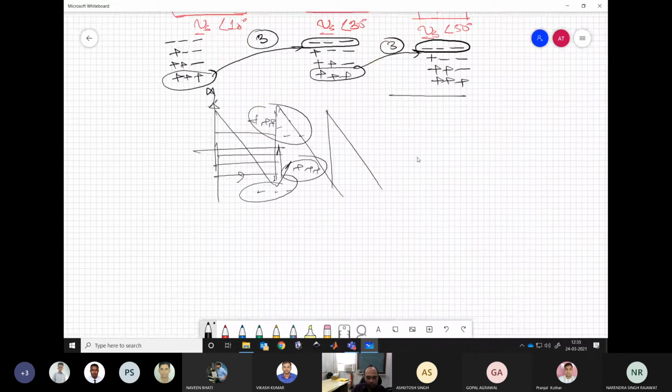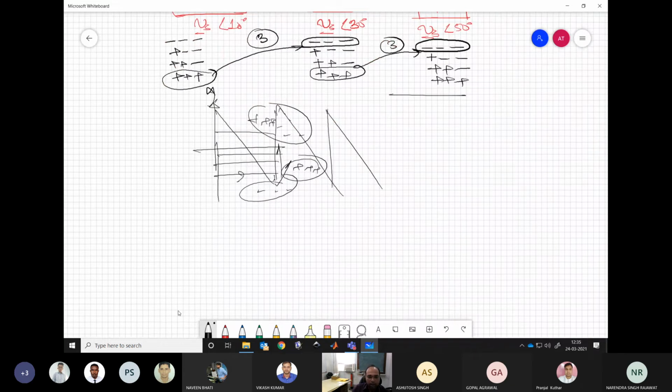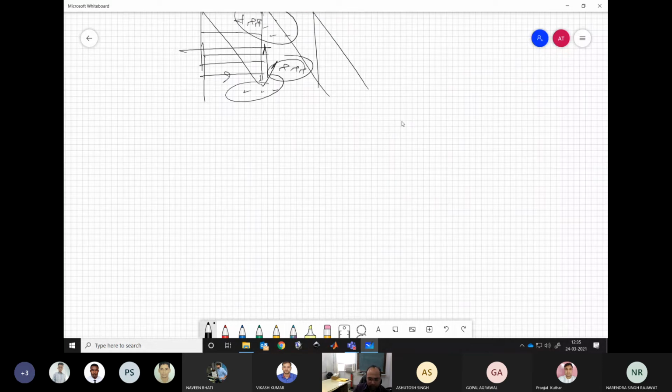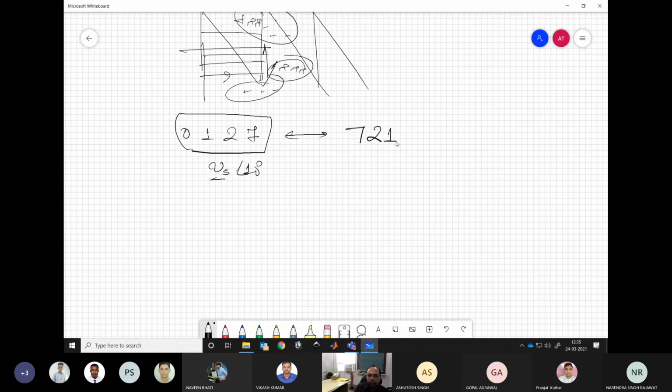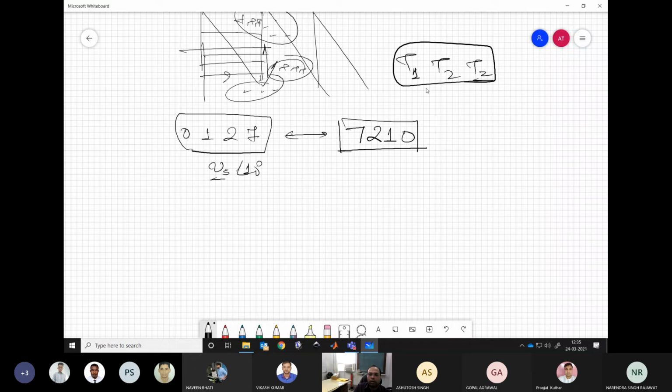So what we do, we keep something like, let's say we are applying 0, 1, 2, 7 for the first sample Vs 10 degree. Then we continue with 7 and we apply this 7 to 1, 0, because computations are same. It doesn't matter in what sequence you apply. So in conventional space vector, we maintain this sequence: 0 vector, then active vector, then another active vector, and then 0 vector.